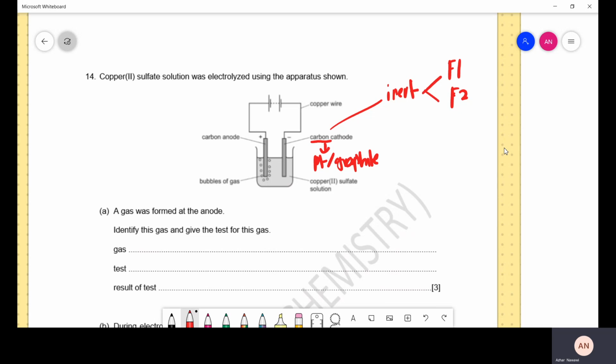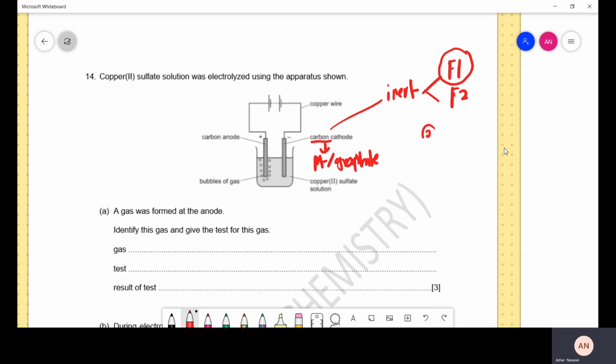Now after you know the factor, you read the question and you know clearly this one is the first factor. Why? Because they didn't mention a concentrated solution. So this is factor 1, which means you need to check the series. Okay, after that,